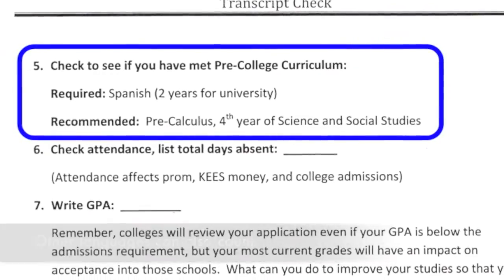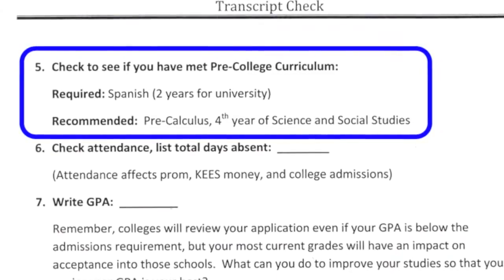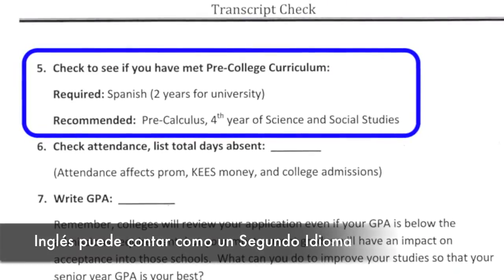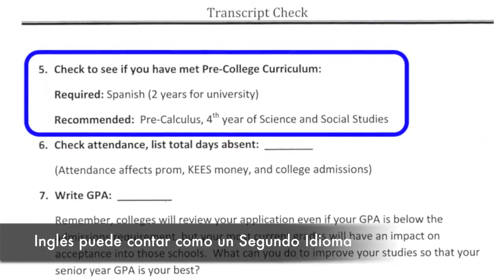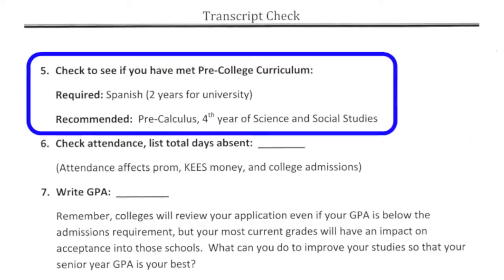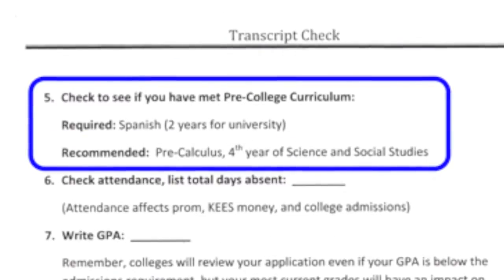If you currently speak another language and that is your first language, for example, if you speak Spanish in the home, and English is your second language, then you can count English as your foreign language. They are going to check this when they do acceptance letters into college, so you want to make sure that you're honest about it. If you have not completed your foreign language requirement, you want to do that as soon